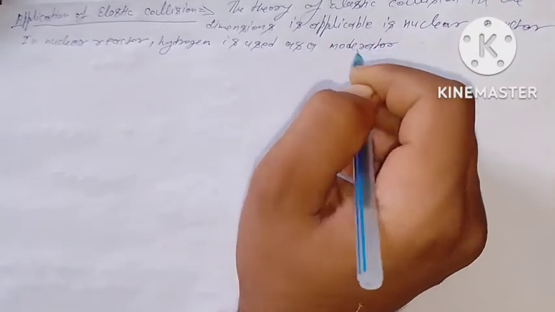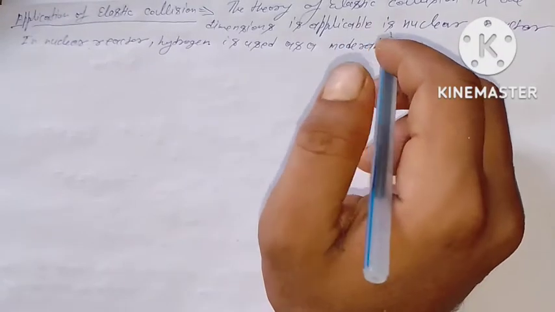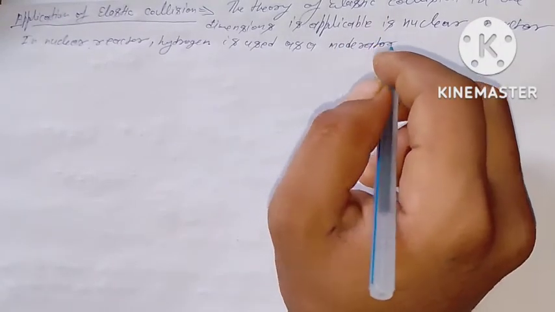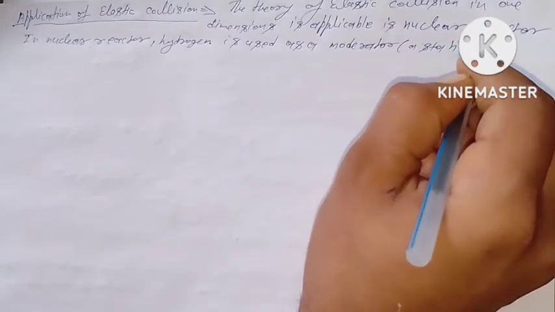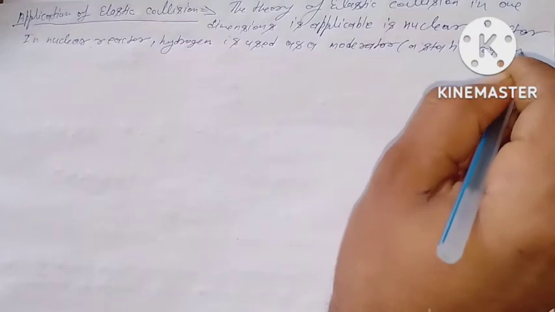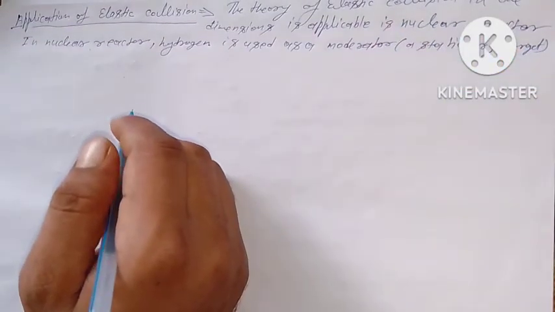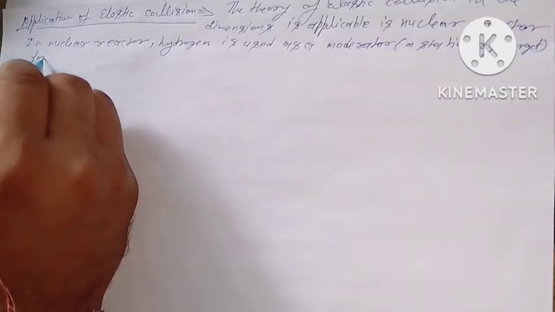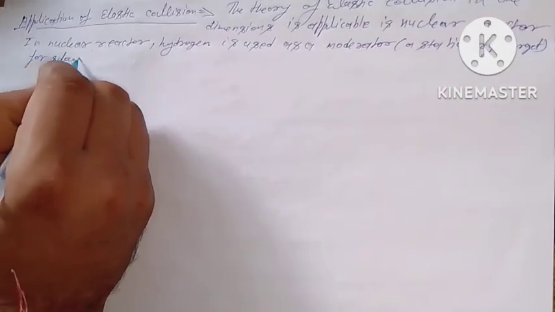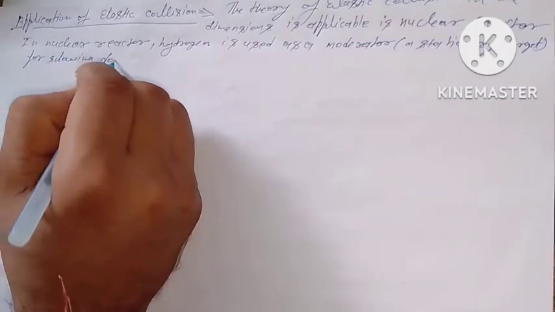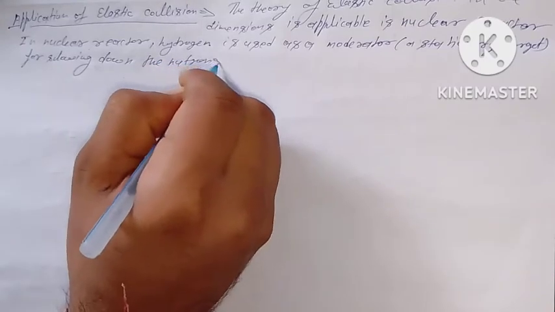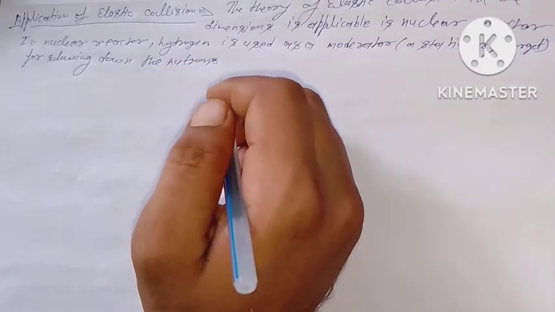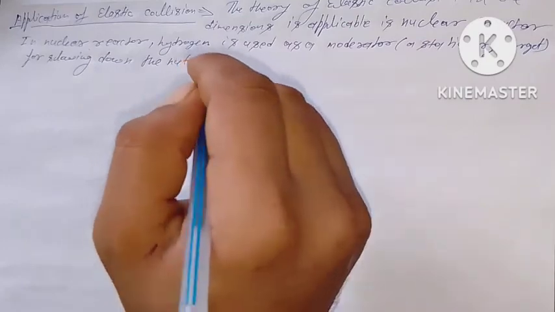Hydrogen is used as a moderator or stationary target for slowing down the neutrons produced by the fission of